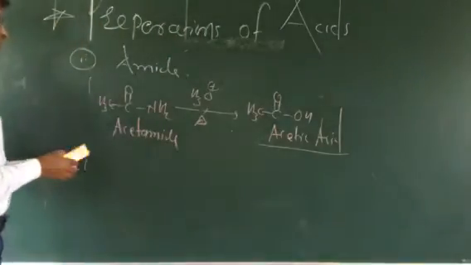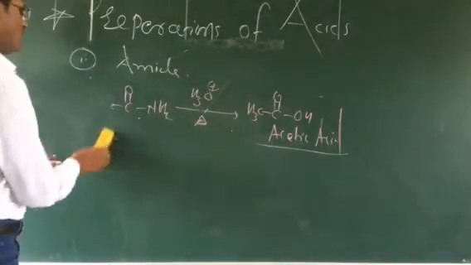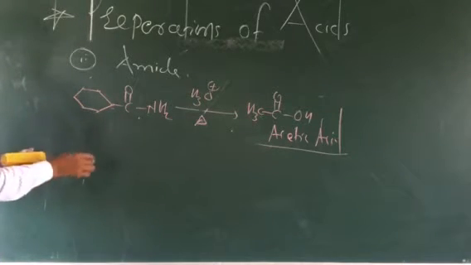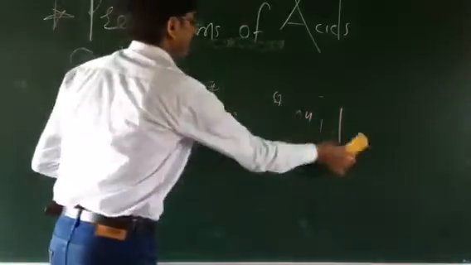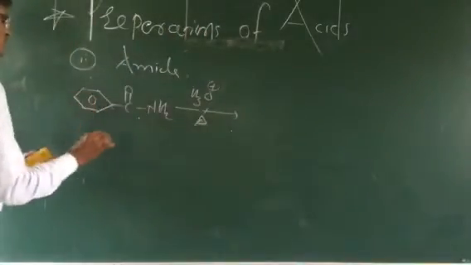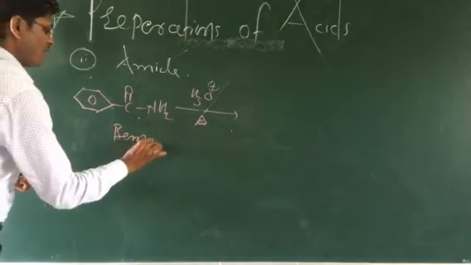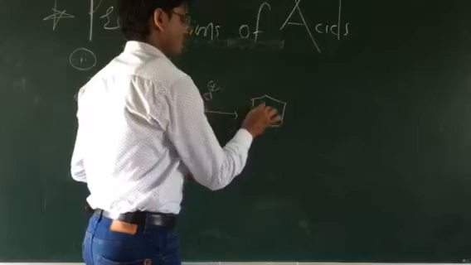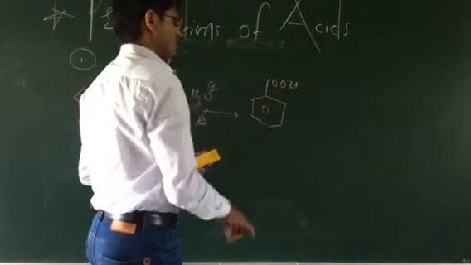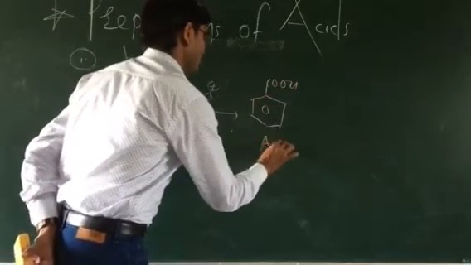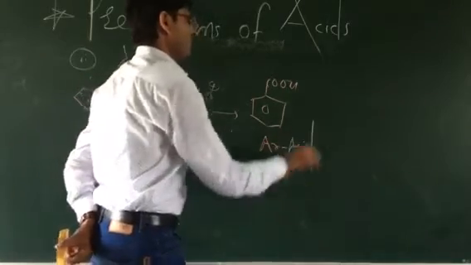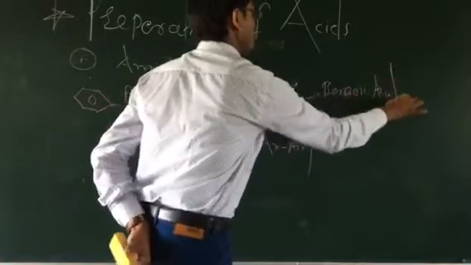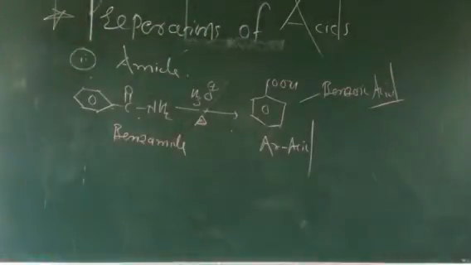If the starting reactant molecule is not only aliphatic but also a cyclic compound as well as an aromatic compound, the type of compound is benzamide. The starting molecule, benzamide, undergoes hydrolysis in acidic condition. Again the formation is an acid, nothing but an aromatic acid. The particular name of the compound is benzoic acid. The formation of benzoic acid again starts from benzamide.